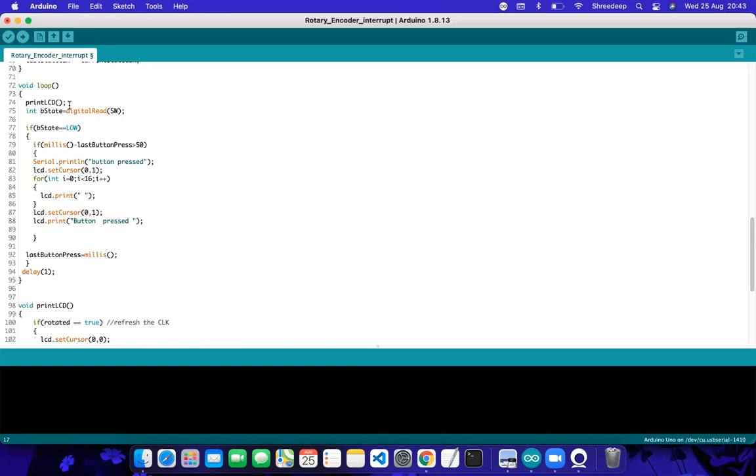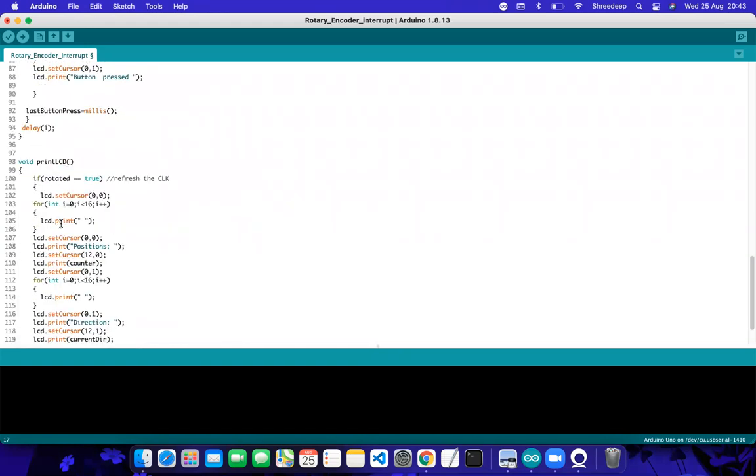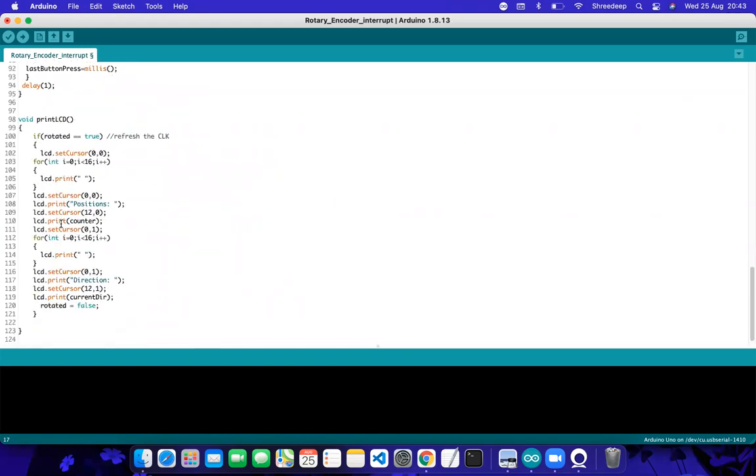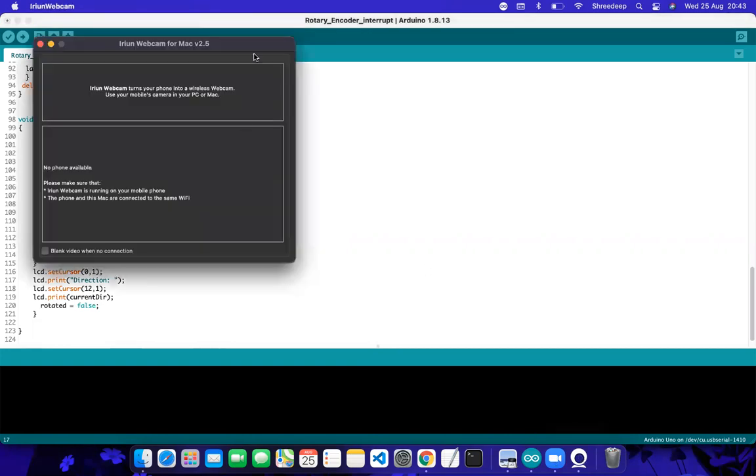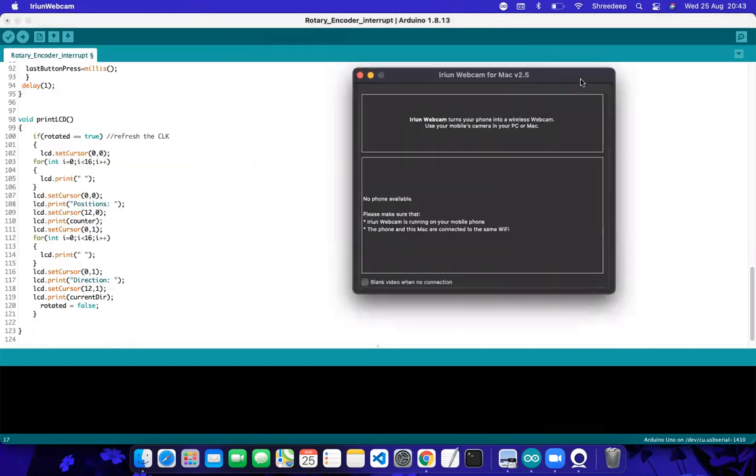If rotation is performed, it calls print LCD and displays the corresponding position and direction on the two rows of the LCD. As of now, if you just turn it on, then you can see. Okay, but this is interrupt driven, not normal polling driven actually.